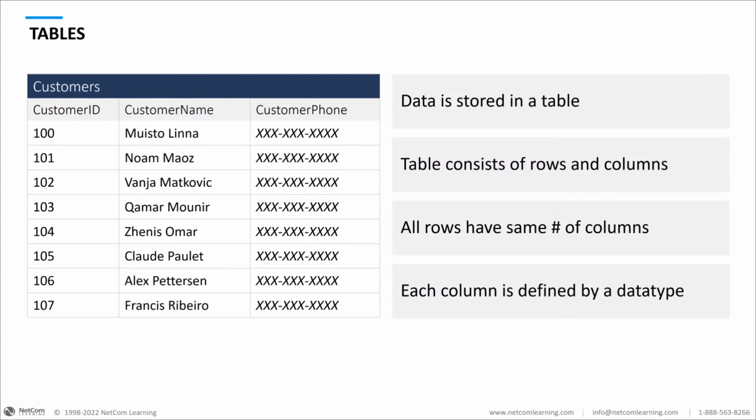So when the data gets written, 104 puts the customer's name and the customer phone number in the customers table, but it then writes the address information to the address table. And so for us to be able to understand it without having really odd numbers of data in the address table, it uses a foreign key field that references the primary key field of the customers table. So the foreign key field will have ID number 104, which is Zenis, and it will put Zenis's address information into that table. And so if I go to look up the information, that is how the system knows that this number, 104, references this individual, Zenis. And so it'll display that information from any table in the system that has any sort of reference back to ID number 104 and give me all that information.